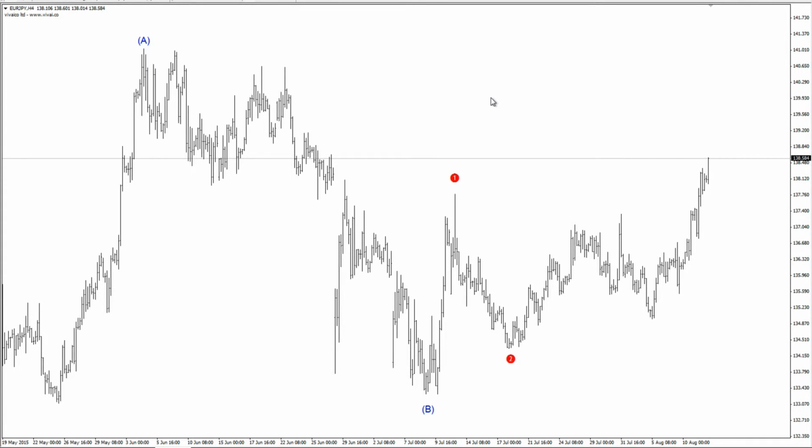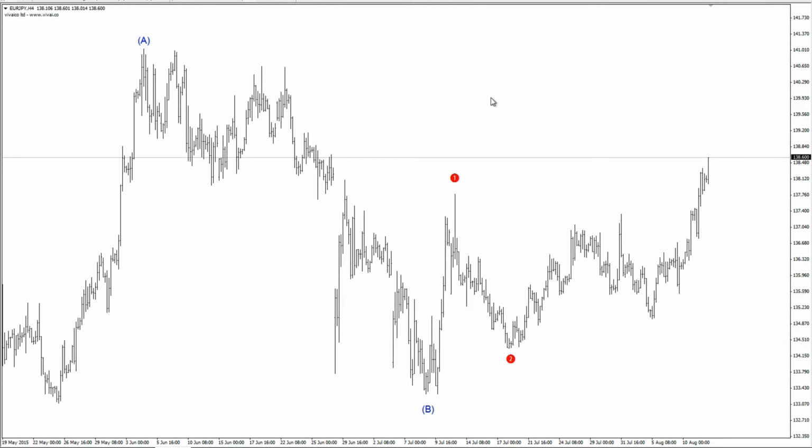Yesterday was a big day for revisions for my wave counts. I had a triangle formation earlier on euro yen as a minute wave B position, but since euro yen has made it higher, we are now at 138.58. Since euro yen made it higher, the triangle didn't play out.